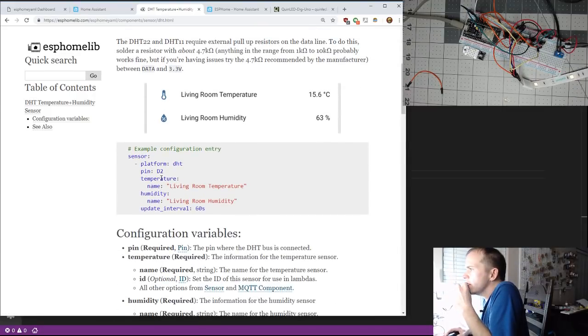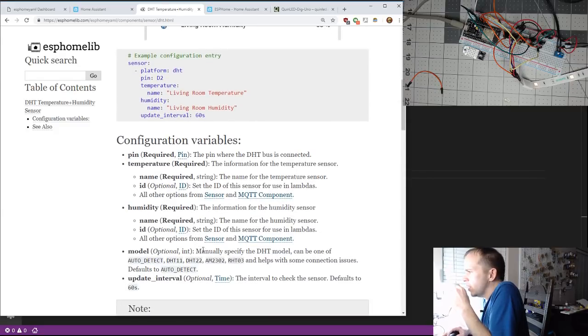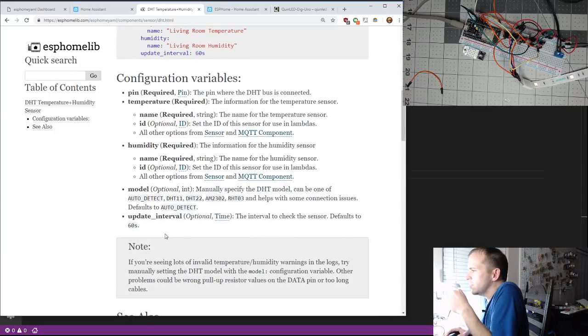All right, so we just throw in sensor. We had the pin. Model is optional, manually specify the DHT. It's optional. Okay, so he's using the DHT platform, so it'll auto detect automatically, and then it looks like you can do an update interval of 60 seconds.